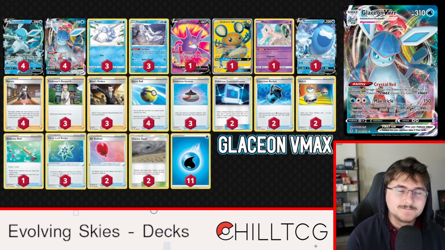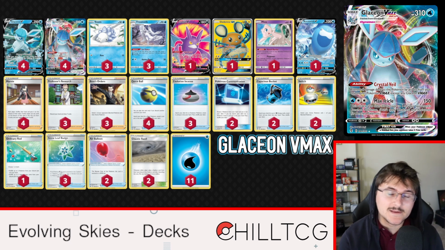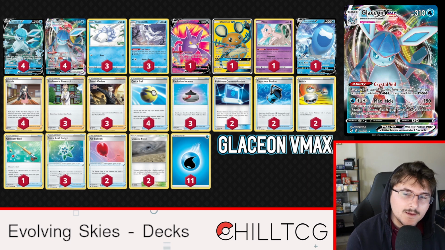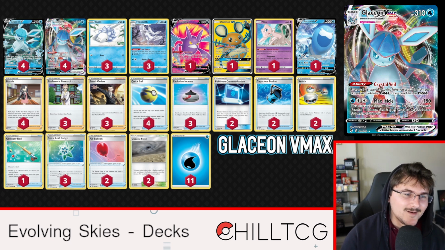Kind of like Zamazenta. It doesn't do a lot of damage, but it is very defensive, can be really good, and can kind of auto-win a lot of matchups. So I really do like Glaceon. I'm really, really happy with it. We have a Crobat, Dedenne, and a Mew in here. The Mew is going to protect our Frostmoths, of course, and we actually have, which is really funny,